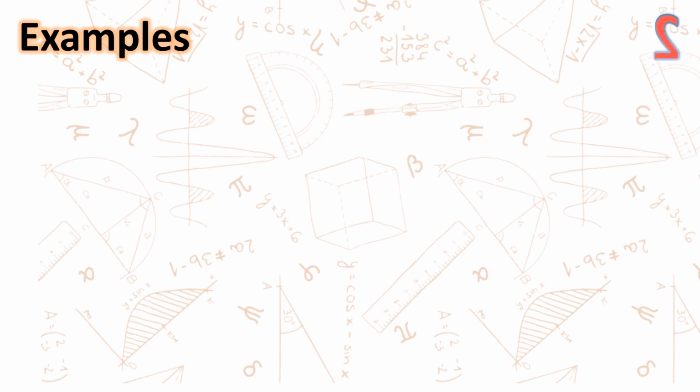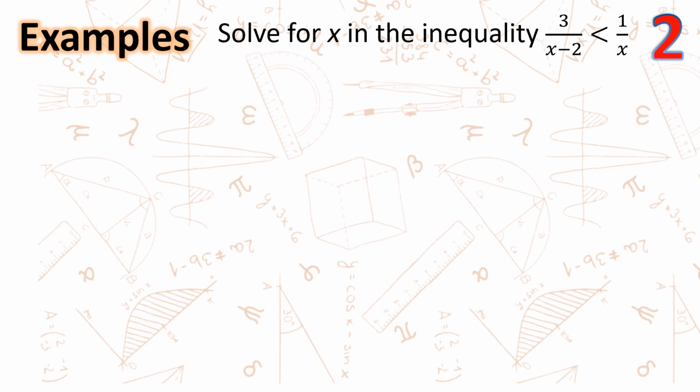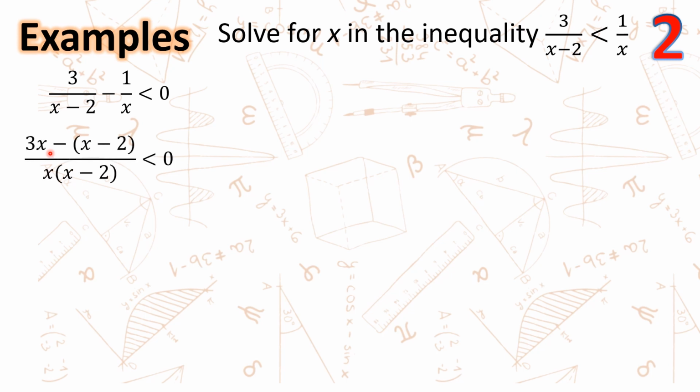Next, let us have example number 2. Solve for x in the inequality 3 over x minus 2 is less than 1 over x. Subtracting 1 over x from both sides so that the right-hand side of the inequality is 0. 3 over x minus 2 minus 1 over x is less than 0. Let us combine the two rational expressions. So our LCD is x times x minus 2